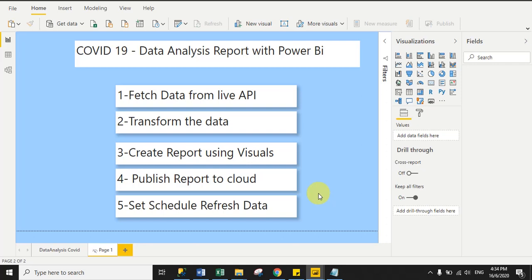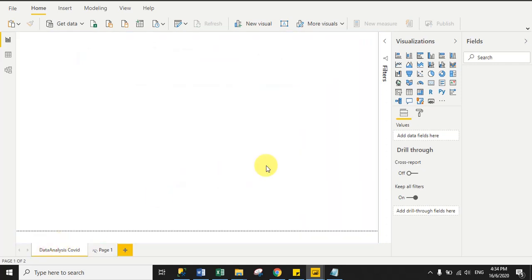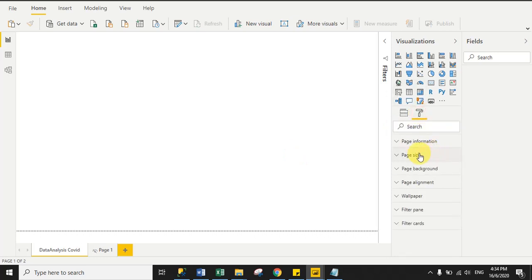So let's start. So this is a blank report page. Firstly we will set the page size for the report, right? So for this just click the format tab and then click page size, and by default the page size is 16:9. So click page size and then click custom, and from here give the custom width.